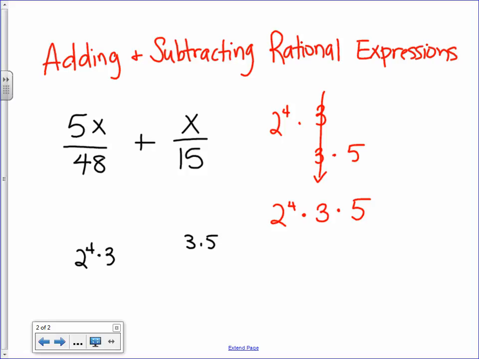So 2 to the 4th is 16. 16 times 15, hang on. 240? Is that right? Sure. Let's go. Well, 16 times 10 is 160. Half of that is 80. So it's 240. All right, so this side has to be multiplied by